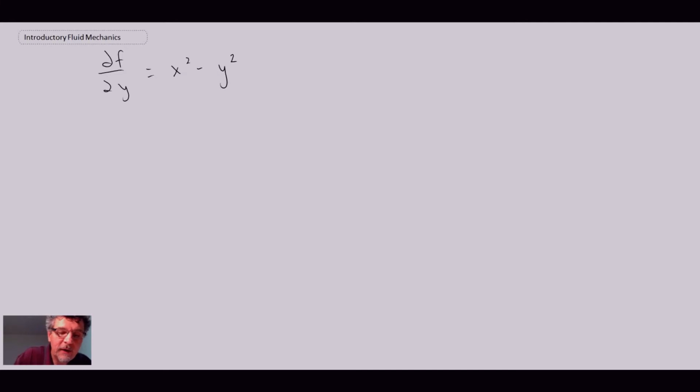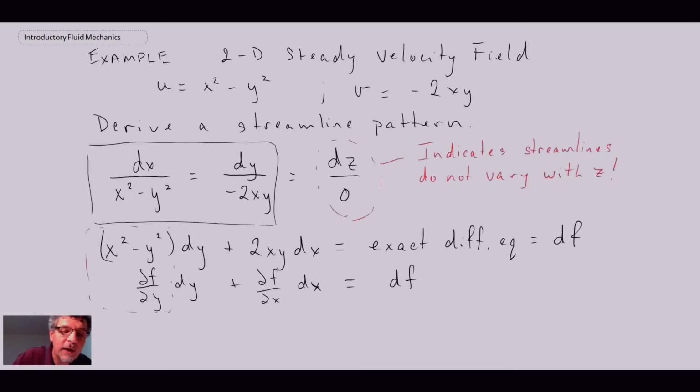And so when we integrate that, we find that we get f is equal to x squared y minus 1/3 y cubed plus some constant of integration that could be a function of x. We don't know, but we will say that it could be a function of x, or it could just be a constant. And for the second part of the equation, which is right here,